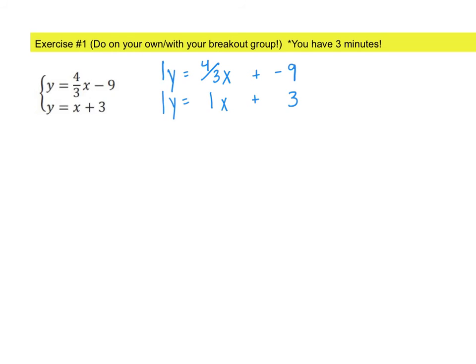Well, in my personal opinion, the easiest one to eliminate is our y's because they're already the same number. So I just need to make one of those a negative, okay? It does not matter which one you make a negative. I'm just going to make my bottom ones a negative. So if I were to multiply this entire thing by -1,